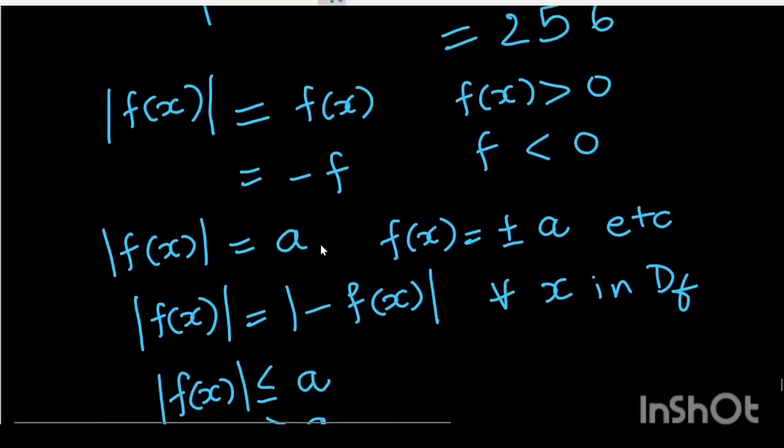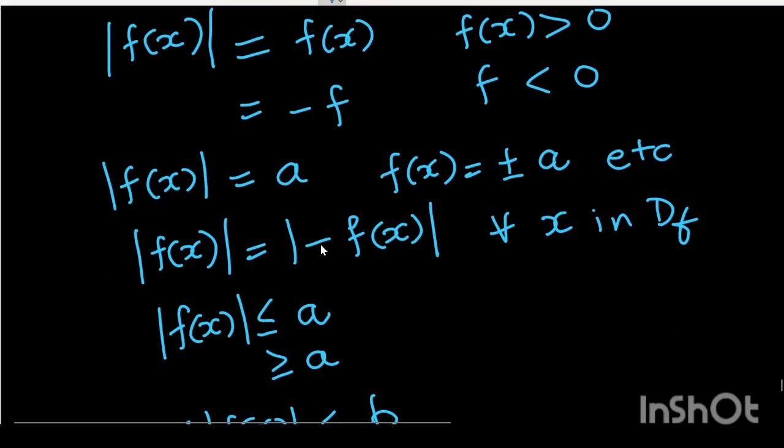So guys, we saw the definition of mod x or mod f(x). If mod f(x) is f(x), we used f(x) positive when we solved it. If mod f(x) is given to be minus f(x), we use this and proceeded. Now similarly, mod f(x) equal to a, where a is positive, then we use plus minus a